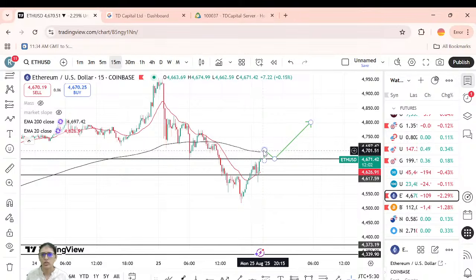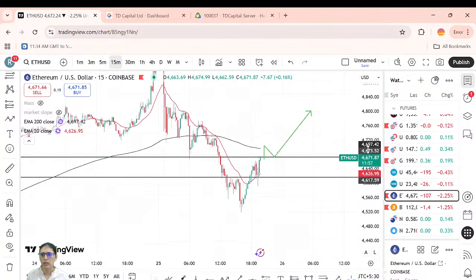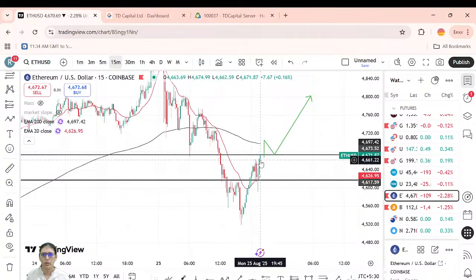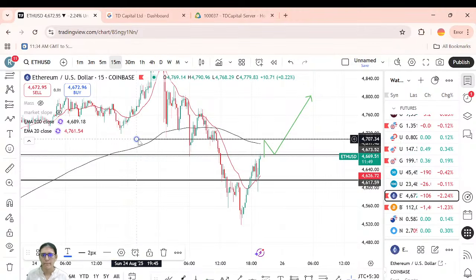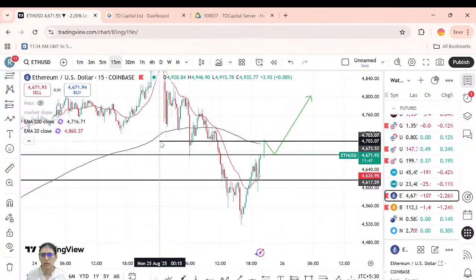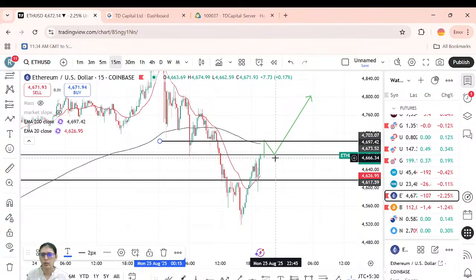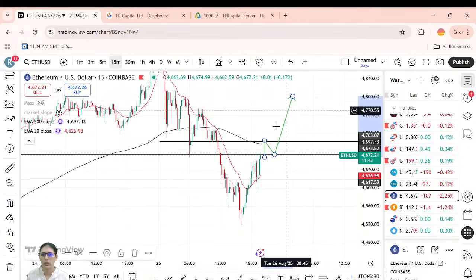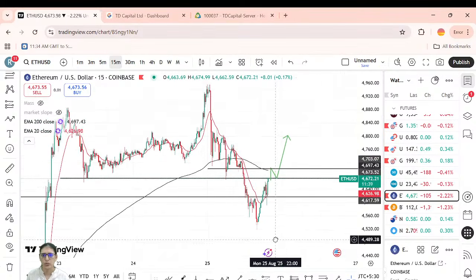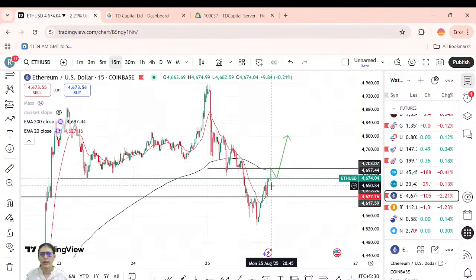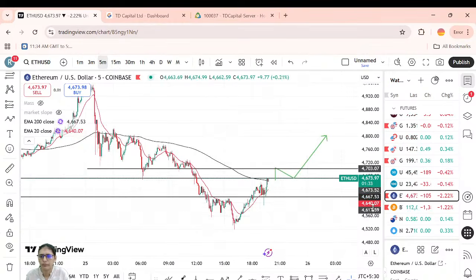You might get a rejection here once, but this is a strong level. It again should rise from here. A rejection from somewhere here or around this area is probable. But after that, it will come here to retest. So an upside move is possible because this is a strong area. This is a strong level and strong zone.